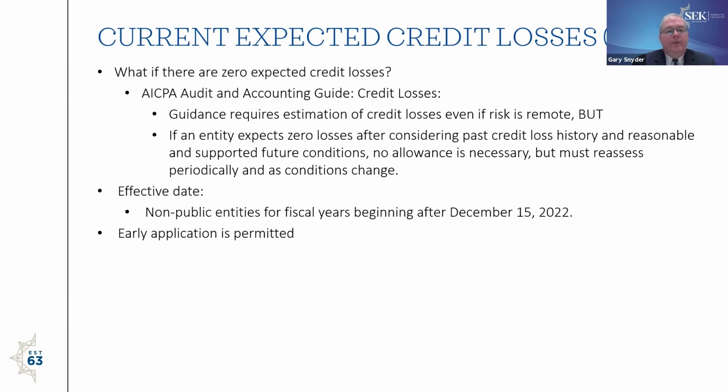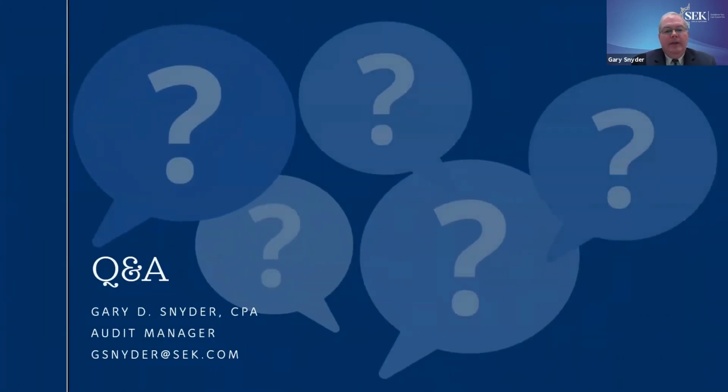This is effective for non-public entities for periods beginning after December 15th, 2022. So it is 2023. However, as you can see here, there are a lot of moving parts. There's a lot of judgment here. So this is not something you want to wait until November 2022 to start thinking about, hey, what are we going to do with this? This is something to start thinking about now and coming up with some methodologies and how you can get there. Earlier application is permitted. We are not seeing that happening. A lot of places are holding on to the end to get it implemented. Again, it is not easy, but this gives you a high level view of what is required for that. Any questions?